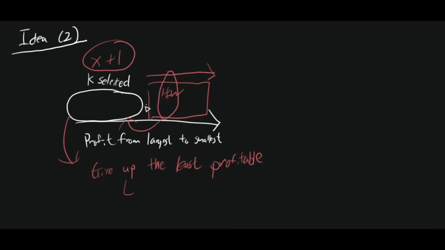But if that number is the only number in that category, then it doesn't make sense to give up that particular value. That's why we will give up the least profitable item if there is a more profitable item of the same category. To do that, we will use a stack